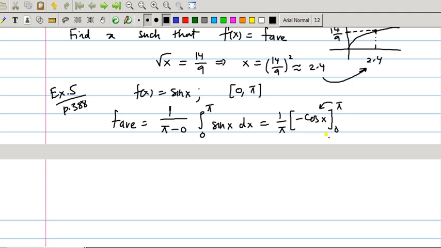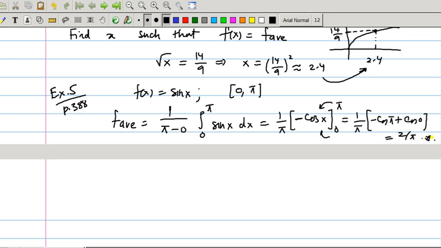Now you put pi and then you put 0. So 1 over pi, when you put pi, it's minus cosine pi, and then minus from the limit, so minus minus will become plus cosine 0. Cosine 0 is 1 and cosine pi is minus 1. So 1 plus 1 is 2. So this answer is 2 by pi. That's the average value of sine x